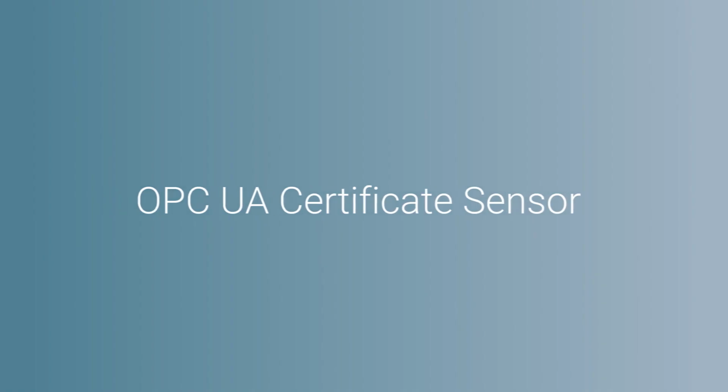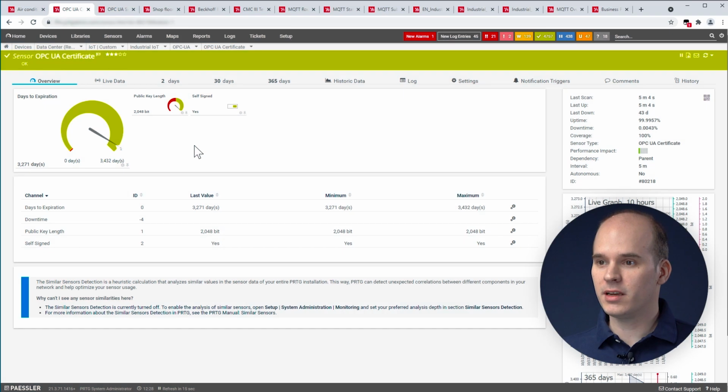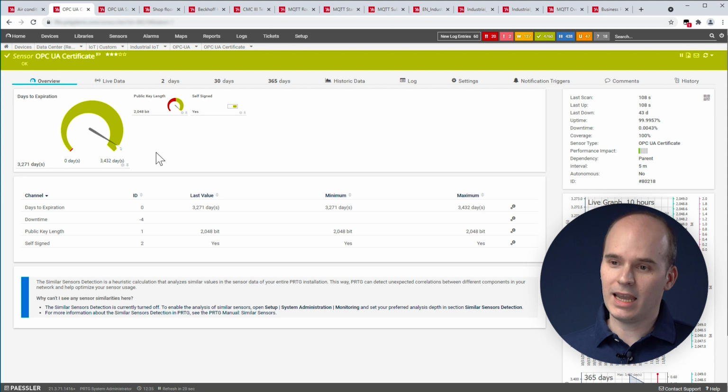Now we come to the OPC UA Certificate Sensor. This sensor is kind of similar to the SSL certificate sensor that we have. So for the communication with OPC UA devices in a production or on the factory floor, you have to monitor the certificate of the OPC UA, because the certificate is needed for the communication. If the certificate is expired, then in some cases it's not possible to have the